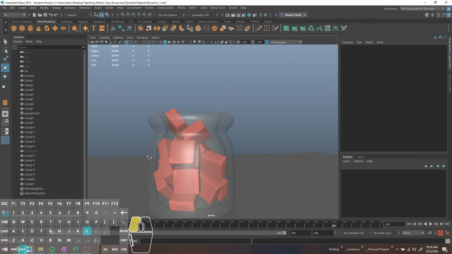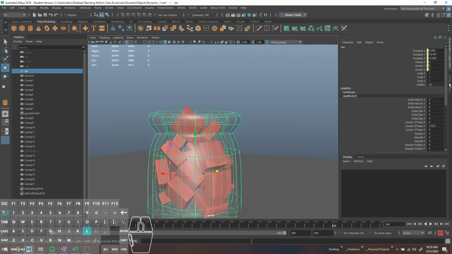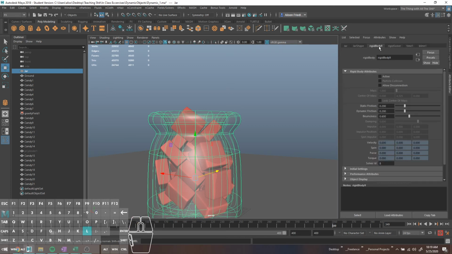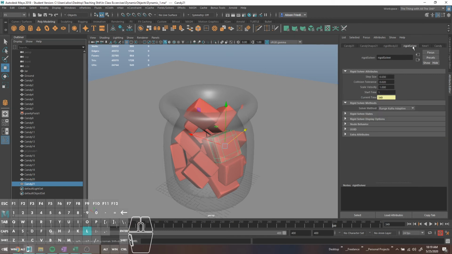That was mostly just settings I could have probably made better. In the rigid body itself, you can mess with some of the settings for that. In this case, I'd probably just be a little lazy and just scale up the inside of the jar. But once you're done with the objects, what you can do is go in to the rigid solver here,